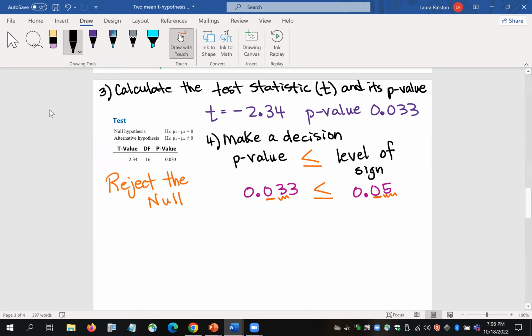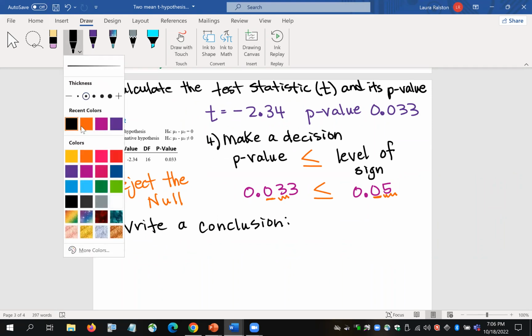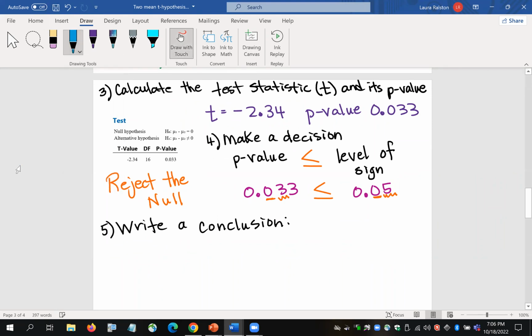So step 5 is to write a conclusion. Again, your conclusion should always include your level of significance. So at the 0.05 level of significance,